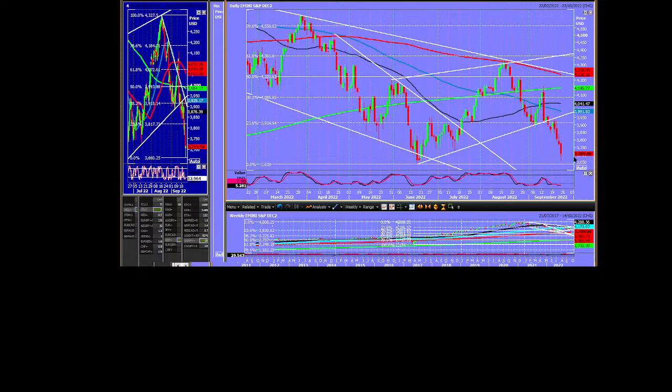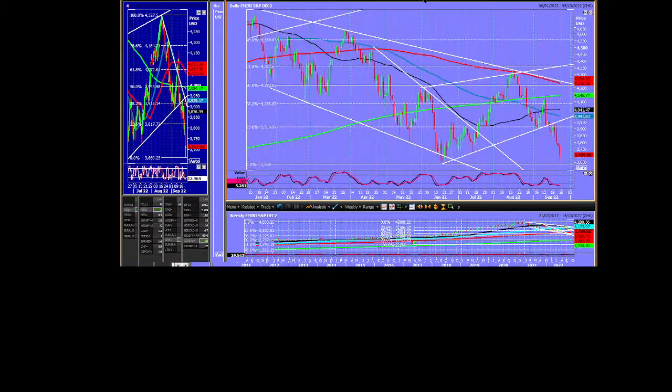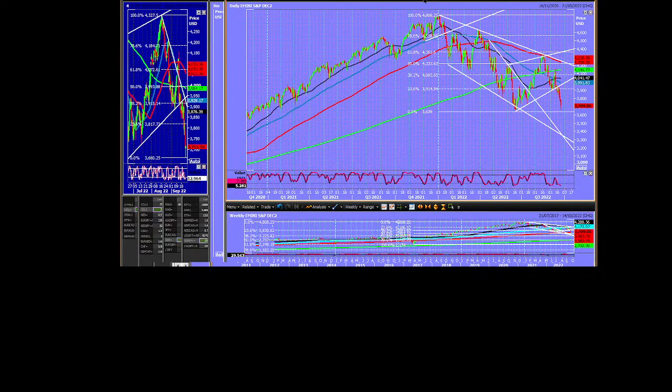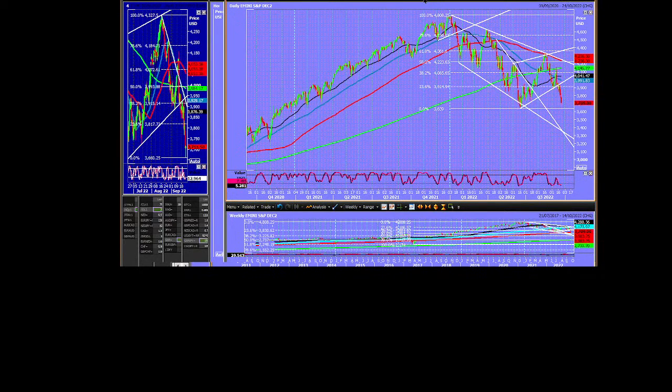Yeah, good suggestion. That could be the cup. That could be the handle if we jump to 3,900 and then turn around. But actually, I think what you may have spotted, and tell me, because you're probably more of a cup and handle expert than I am, but could I argue that this is a cup and handle? Could I argue that the cup is the whole rally up, then the rounding up until the June low, and then this is the handle that we've just formed on the bounce to 4,300? So you're saying that that could be a cup and handle.